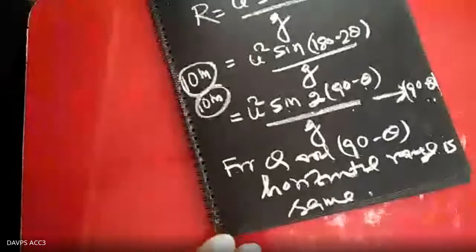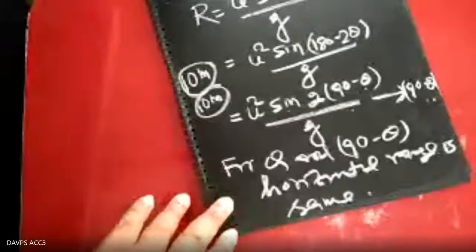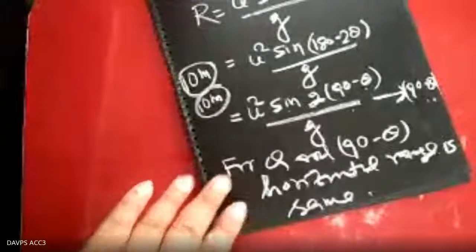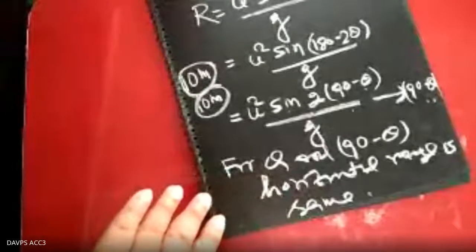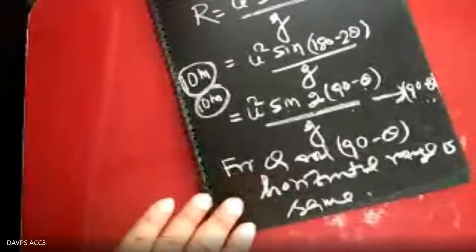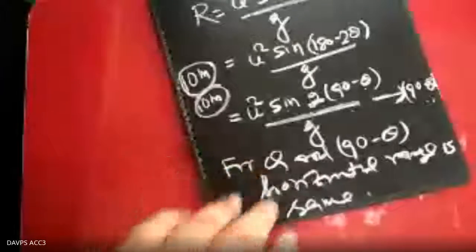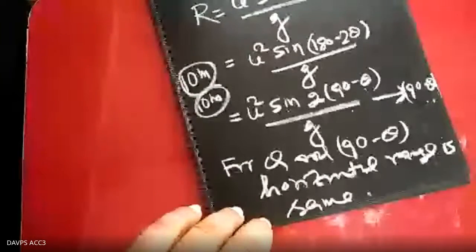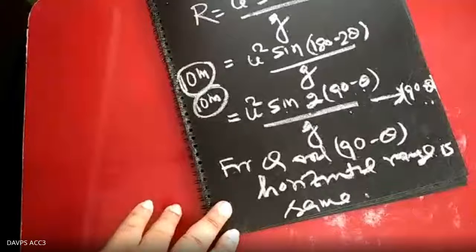Aman said the answer, but I have not confirmed that Aman is right or wrong. That is why I am asking you the question. You just get confirmed. If the projectile is fired with an angle 30 degree, the horizontal range is 10 meter. If the projectile is fired with 60 degree, what will be the horizontal range? You just boldly tell me. What is the answer? Because I don't have the time. Be fast. It will be same only. Sir, it will be same, 10 meter.